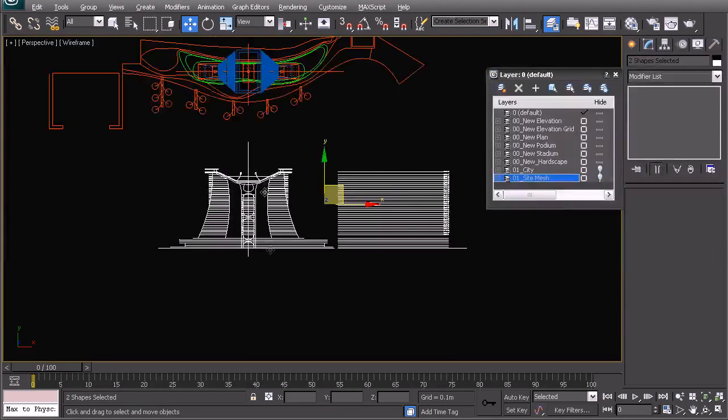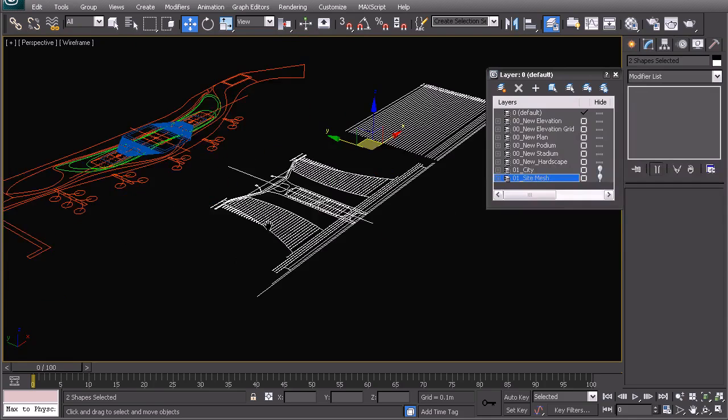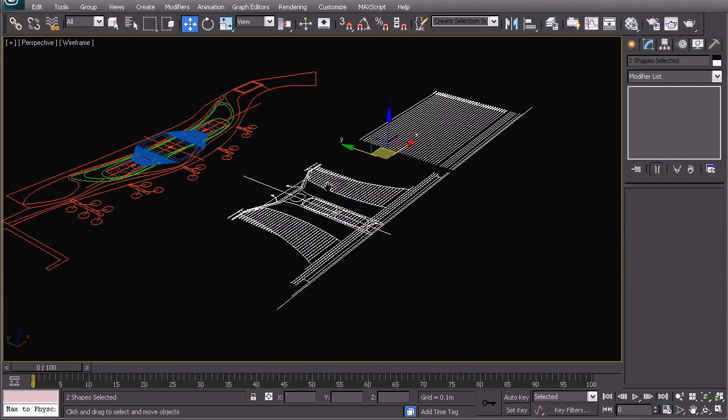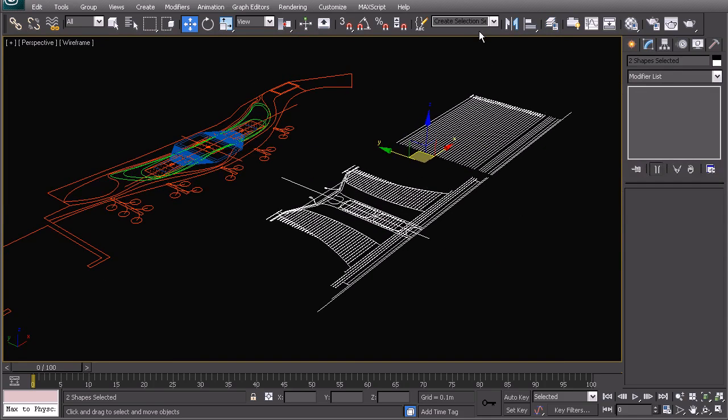Let's go into our perspective view. We can turn this off now. And what we're going to do is right click and then just activate your axis constraints. And then what you need to do here is drop down, make sure that you have everything selected, and then here in your selection just choose this one here at the bottom. Then we need to select the correct axis,